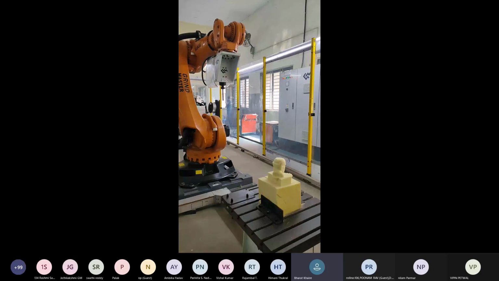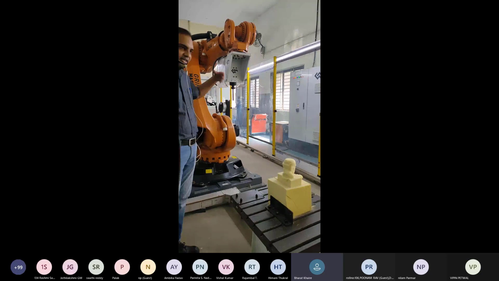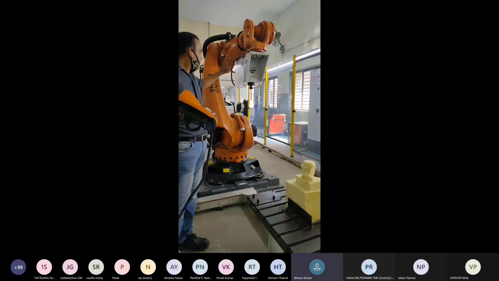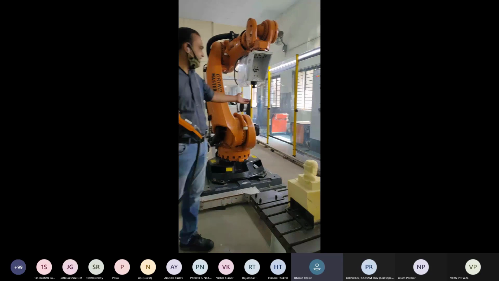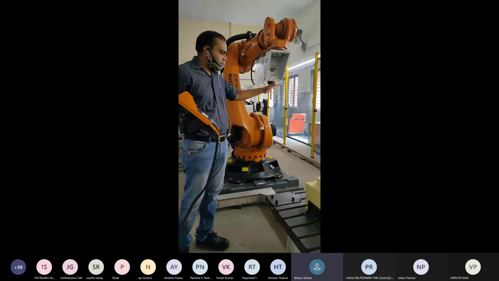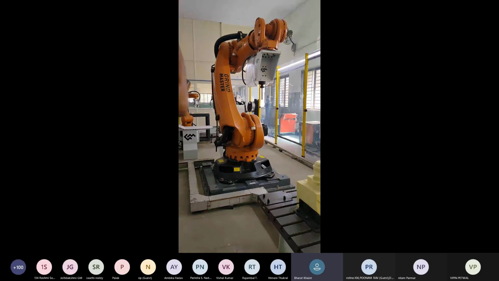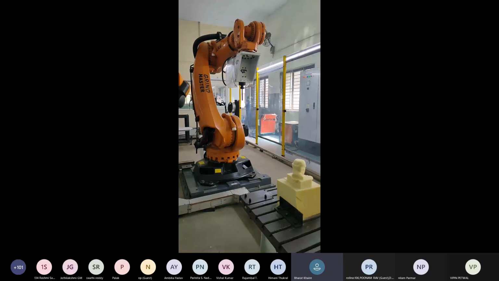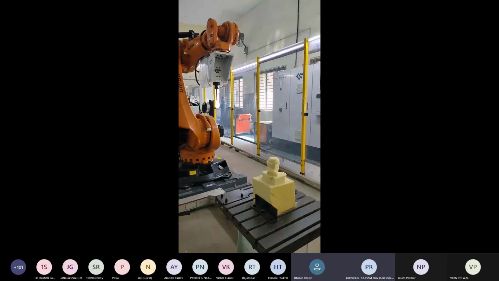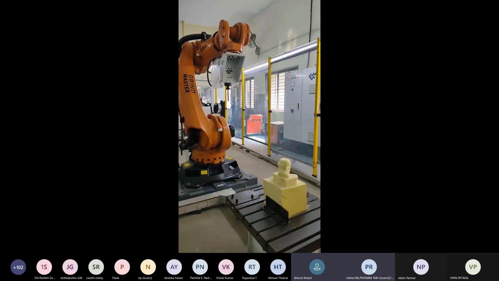A PTP point always comes from the home position, not as a straight line. The path will be decided by the robot, with all the joints synchronized, and it will be a curved line made by the robot.